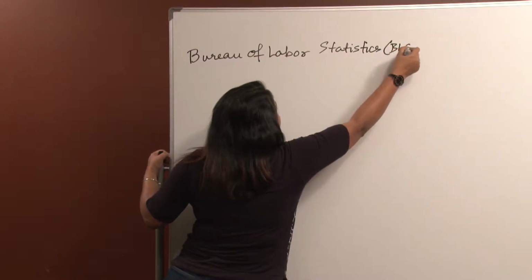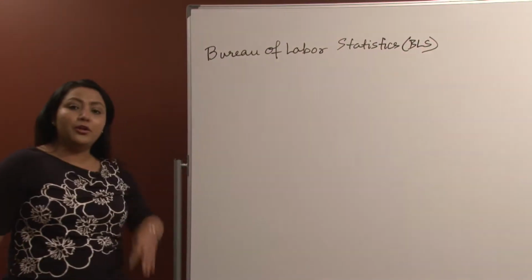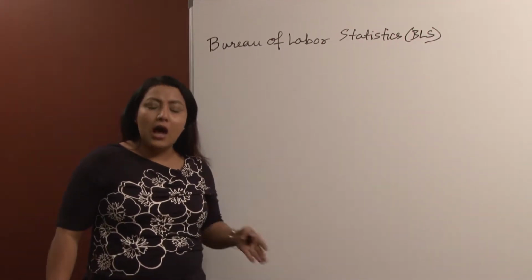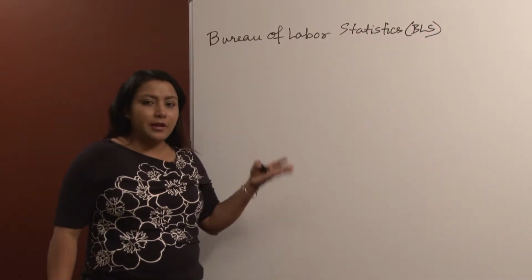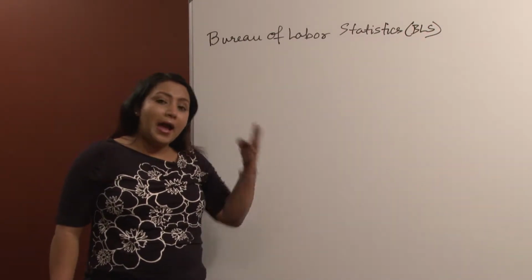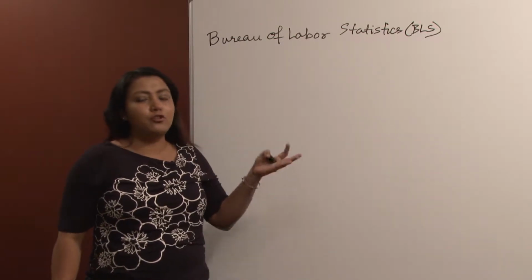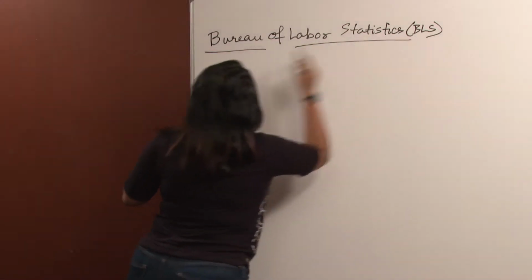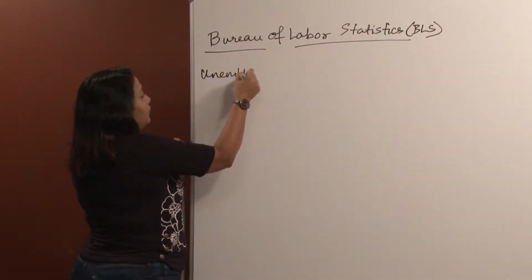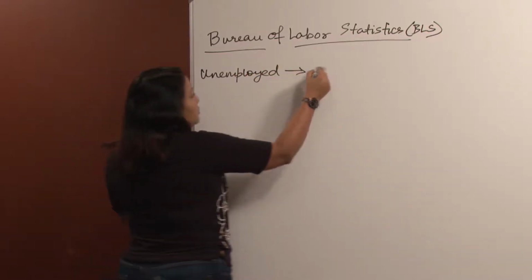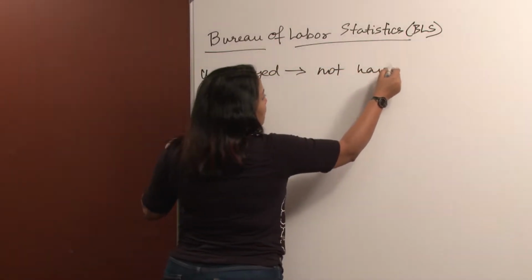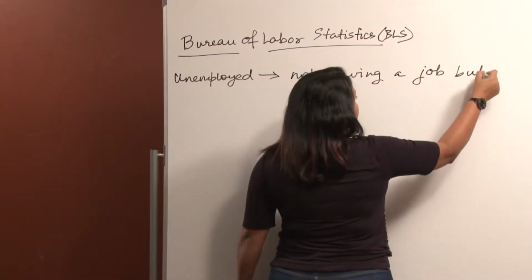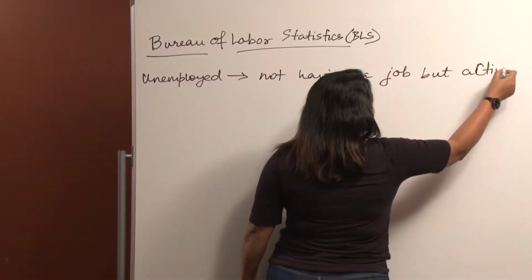BLS has defined unemployment as a situation where you do not have a job, but you have been actively looking for a job in the last 4 weeks. So that's the formal definition. You don't have a job, but you are actively looking for one, and you must have looked for a job in the last 4 weeks. Okay? So let's write that down. Unemployed refers to not having a job but actively searched